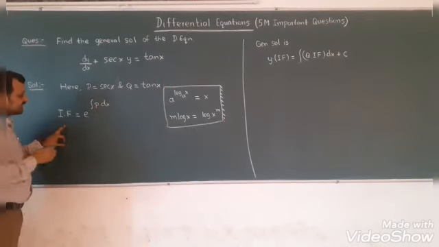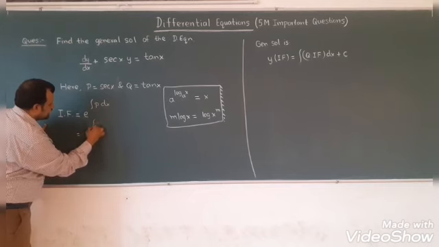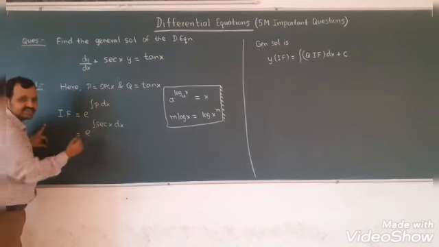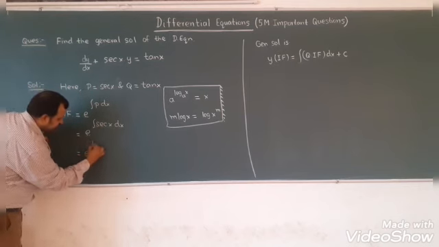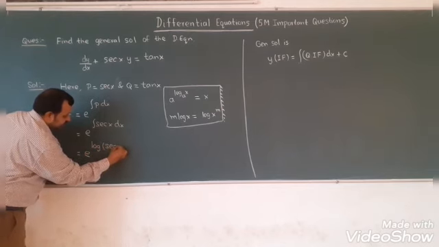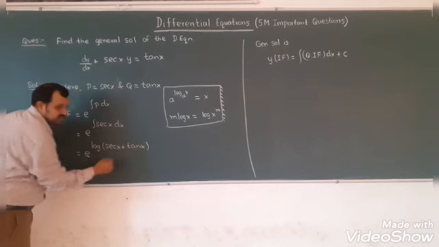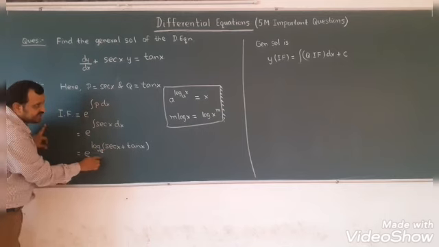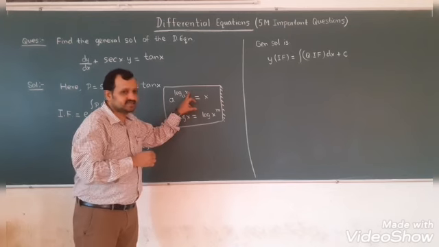Formula to find integrating factor is e power integral p dx. So p is nothing but secant x dx. What is integral of secant x? Integral of secant x is log of, I am not writing mod here, okay, secant x plus tan x. As I told you that by default base is e. So here e, here e. As per this result, this value is the answer, that means secant x plus tan x.